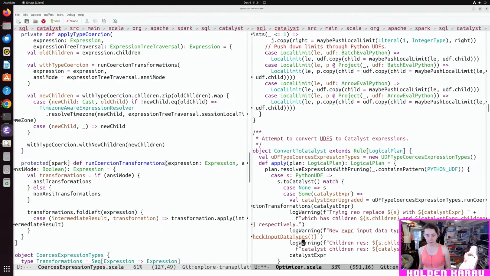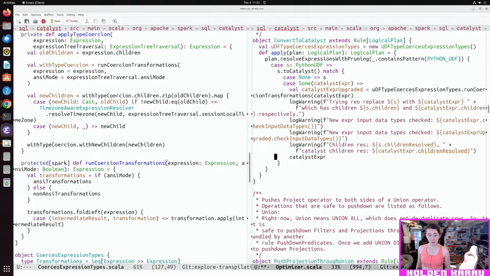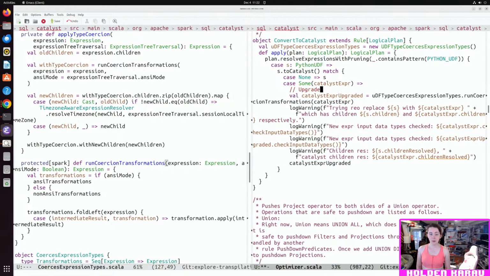And then we're gonna go ahead, Catalyst expression upgraded. Upgraded. Okay. Upgrade the types here.